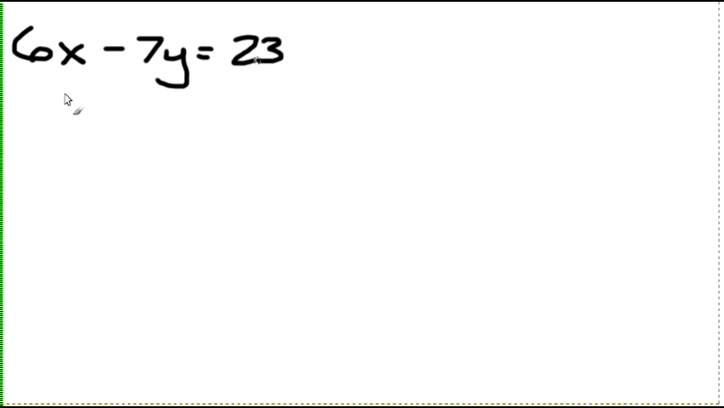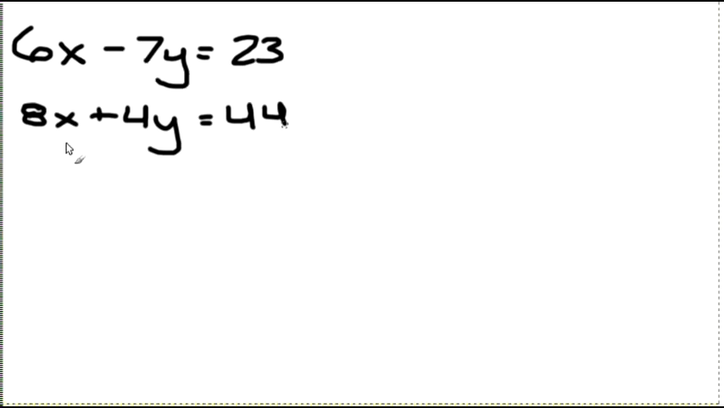Now, let's see, what is our next one? Alright, let's try this one. 6x minus 7y is equal to 23, and 8x plus 4y is equal to 44. Now, much like the last question that we did, as you can see, none of these